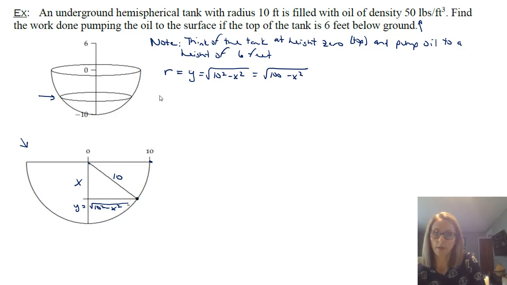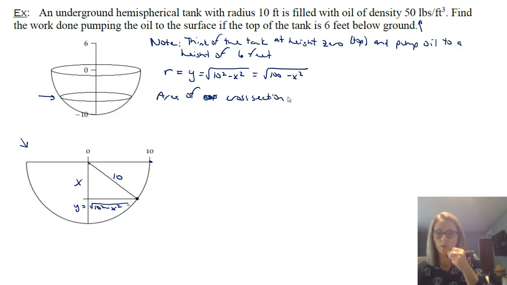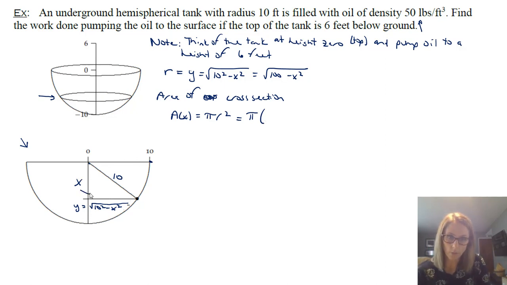Okay, so now we're going to think of an area of a cross section of a slice. So area of a cross section. So again, as opposed to the cylinder, which had a radius of 2 all the time, our slices don't always have radius 10. So for us, we'll write that in terms of x, just to show you. It's still a circle, it's still pi r squared, but for our case, the r is this distance right here, not the 10 because it's changing.